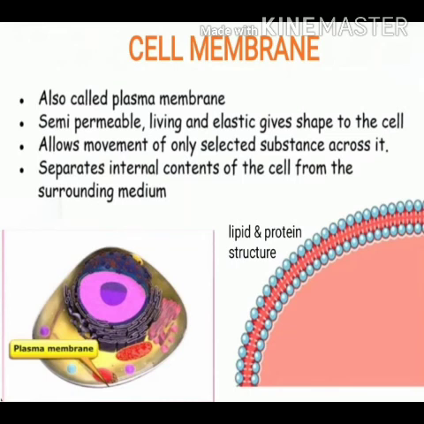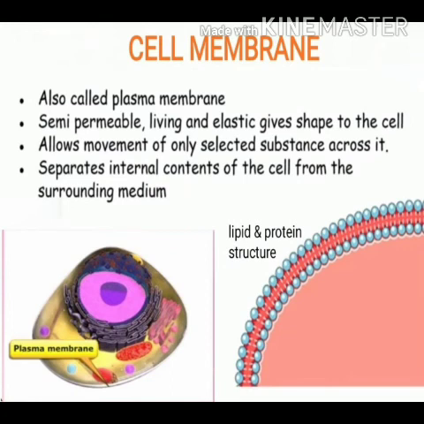It is selectively permeable. And the next feature, the plasma membrane separates the cells from one another and also from the surrounding medium. As you have observed in the slide, different compartments are there. All those compartments are actually the cells. So you found that it is the plasma membrane which separates one cell from another, and a cell from the outer surroundings also.